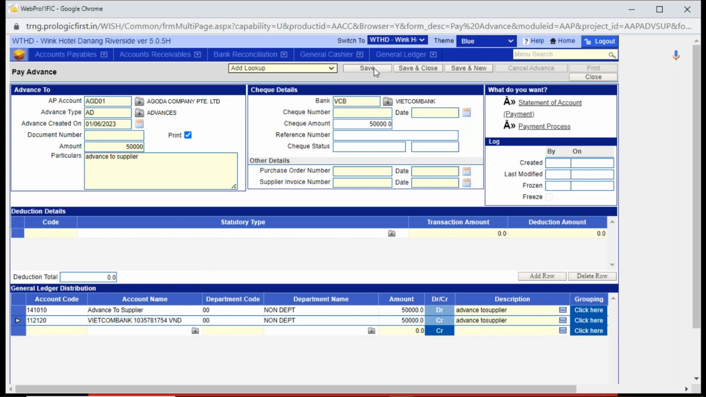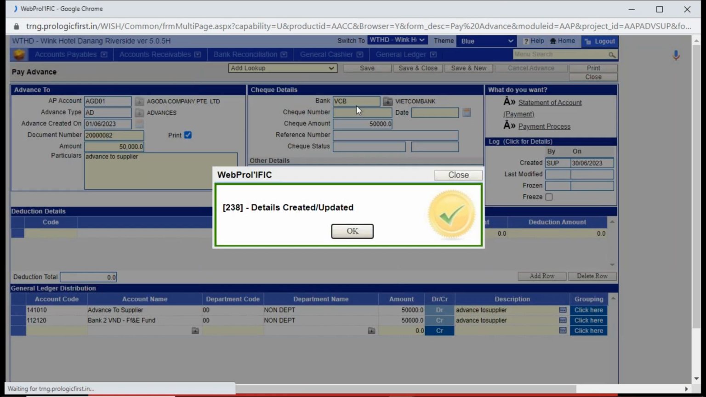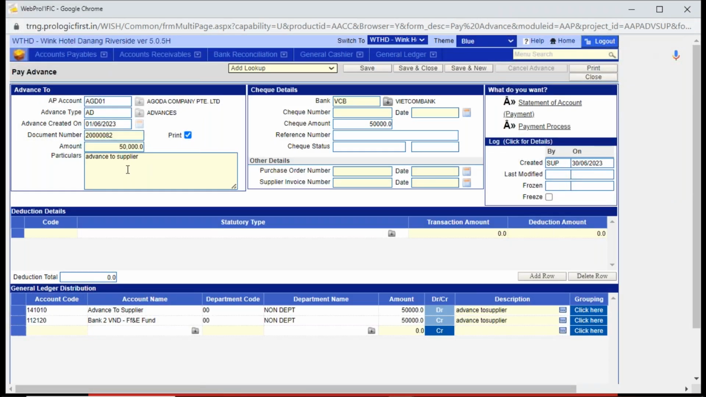And I say save. So this is an advance transaction which has been posted. Now, posting this advance transaction does not mean that the money has gone to the supplier. For the payment process, this is just a journal that you have posted for advance. To process the payment of this advance, or to finally pay out this 50,000 rupees to the supplier as an